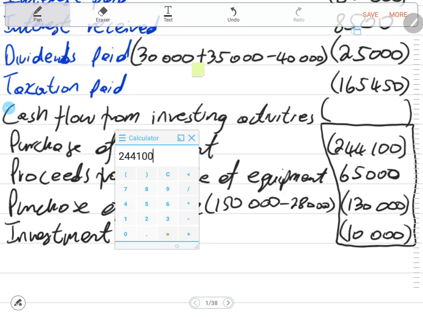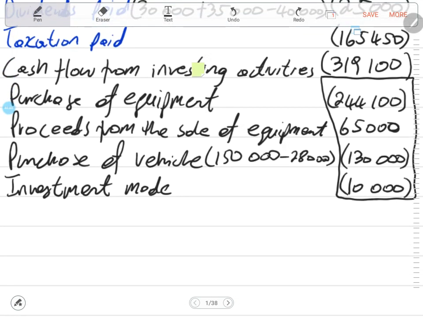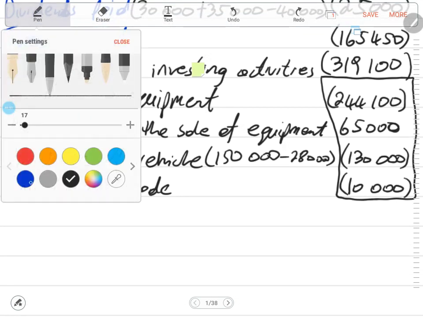244,100 plus 130,000 rands plus 10,000 rands minus 65,000 rands. We have 319,100, which is negative because the total of the bigger numbers is negative. I think that should not be a problem at this level. Then we need to go to cash flow from